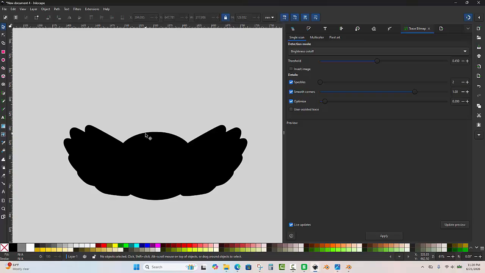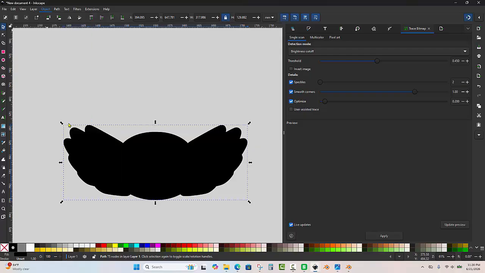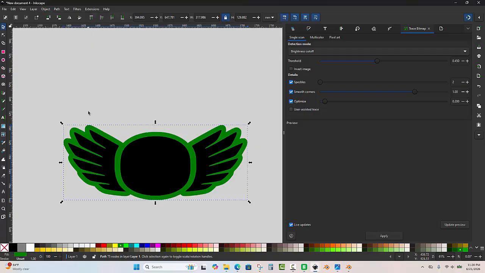And then we can come up here to path and choose break apart. So now we've busted it apart, and then we're going to take this outside object, go to path, and push it to the bottom. Well, actually object, lower to bottom. And then let's go ahead and set it to green. And then we can take everything else here,